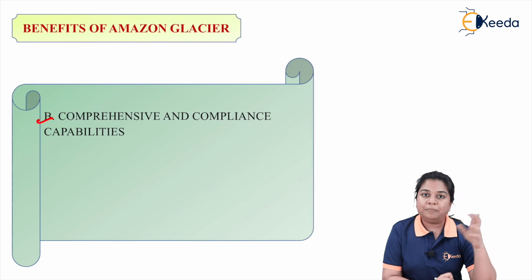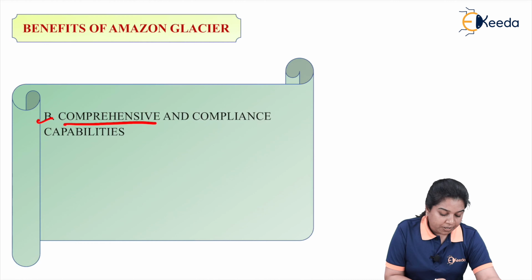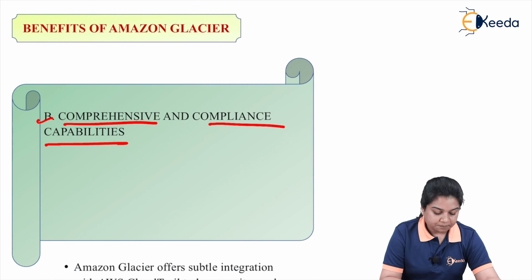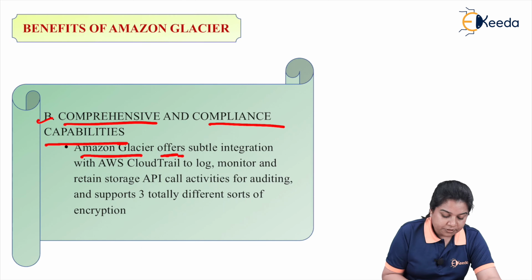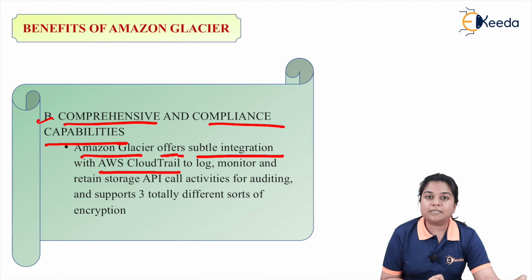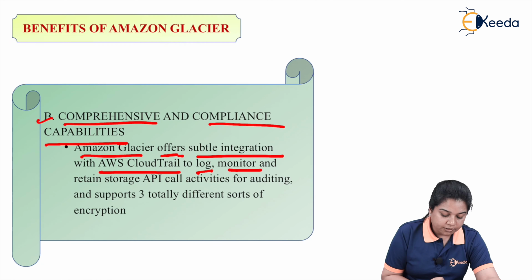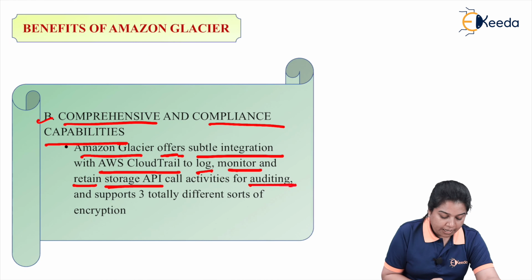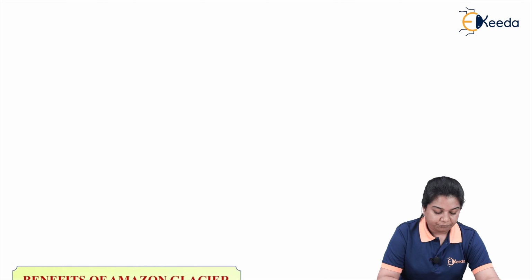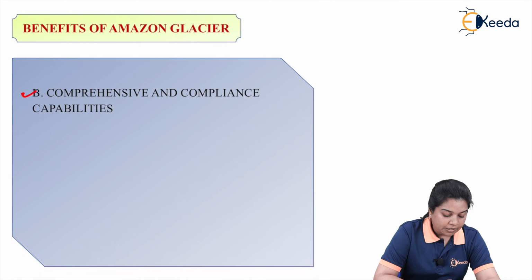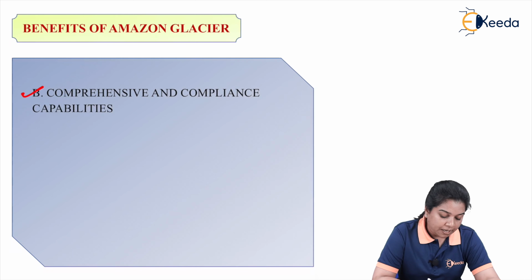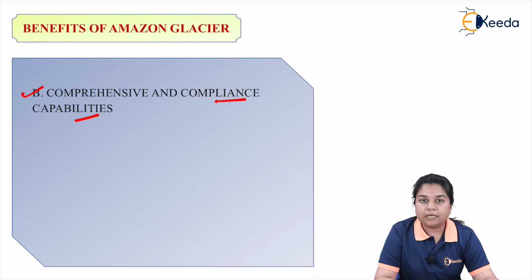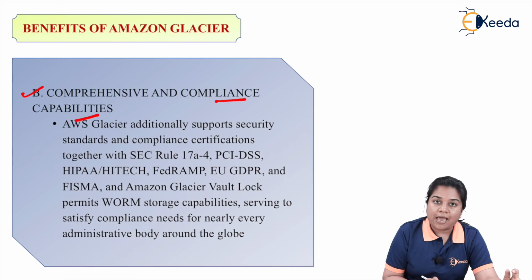Then the next benefit which we are going to discuss is comprehensive security and compliance capabilities. Amazon Glacier offers sophisticated integration with AWS CloudTrail to log, monitor and retain storage API call activities for auditing, and supports 3 different forms of encryption. Then comes the comprehensive compliance capabilities of Amazon Glacier. This is another benefit of Amazon Glacier. So what we have in this is